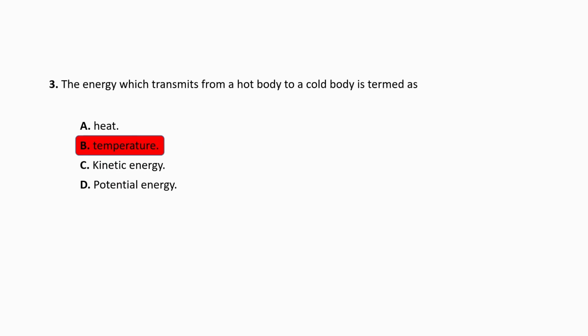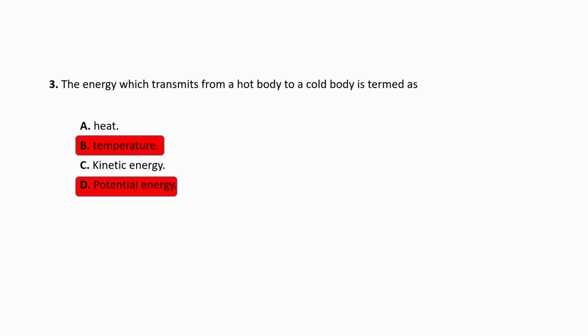तो सबसे पहले हमने टेम्परेचर को एलिमिनेट किया क्योंकि टेम्परेचर इज नॉट द एनर्जी, राइट। अच्छा, अब जब एनर्जी ट्रांसमिट हो रहा है फ्रॉम वन प्लेस टू द अनदर प्लेस, फ्रॉम वन बॉडी टू द अनदर बॉडी, सो पोटेंशियल एनर्जी भी पॉसिबल नहीं है, राइट। अच्छा, अब हीट एंड काइनेटिक एनर्जी आर प्रीटी मच क्लोज टू ईच अदर, राइट।